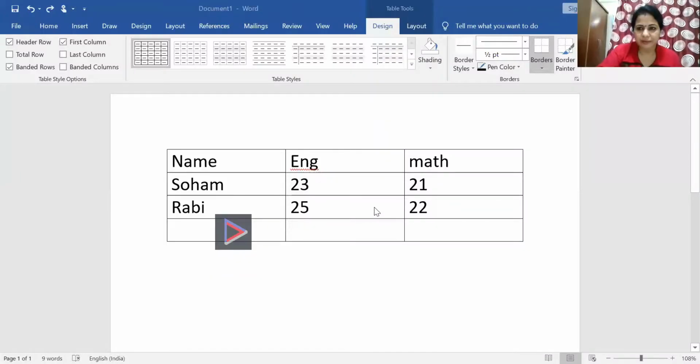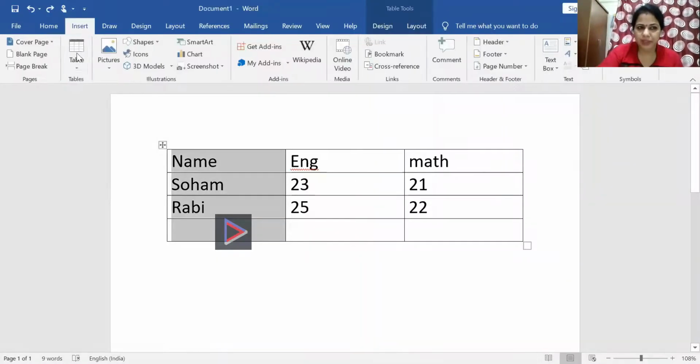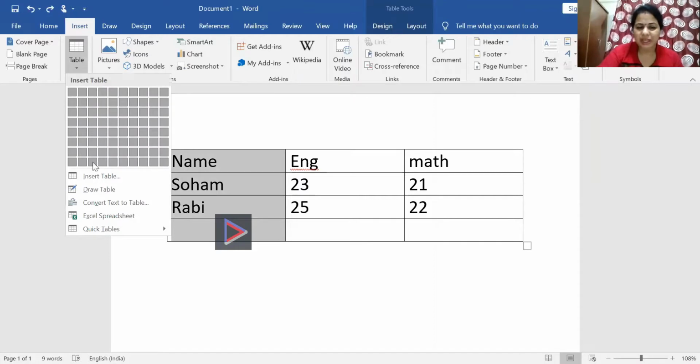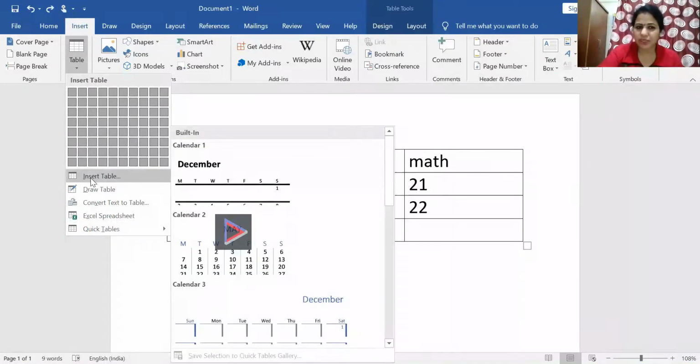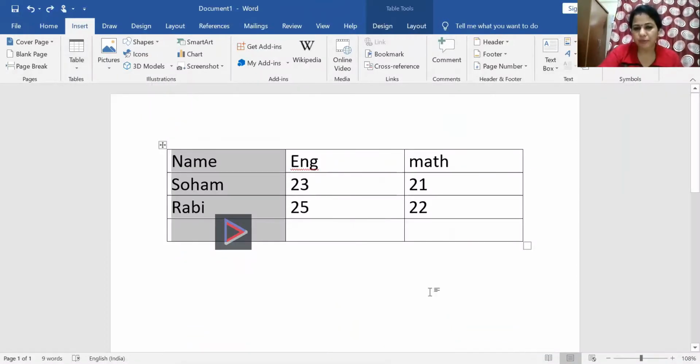Now all of you look here, the table I already made in front of you in Word by the Insert Table option. We have to go to Insert, then choose Table, and then whatever I want to choose, like draw grid, insert table, draw table or quick table, whichever is easy for me, and according to that we make a table. Now look here, how many columns does the table have? There are 3 columns and 4 rows.